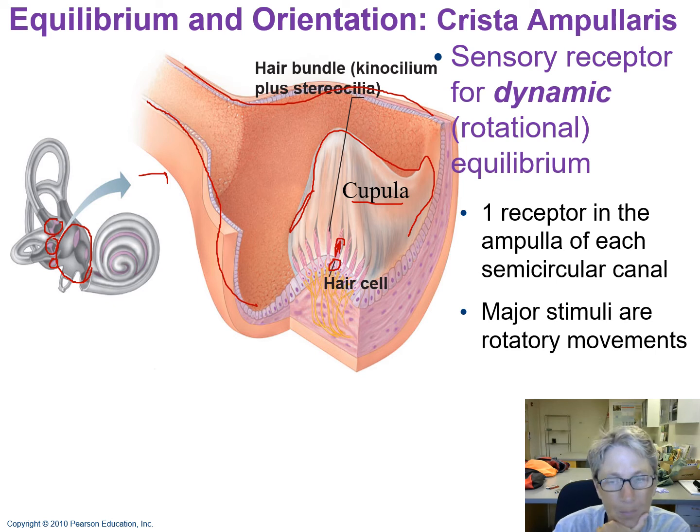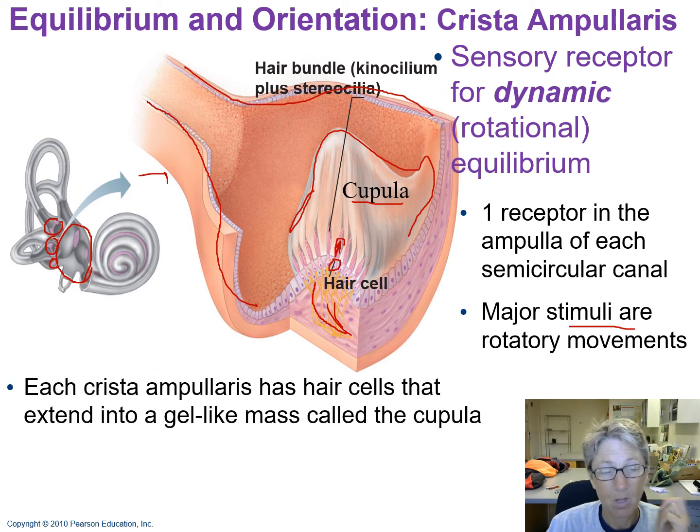There's one receptor in the ampulla of each semicircular canal. So remember, there's anterior, posterior, and lateral semicircular canals. The major stimuli for these hair cells to get excited and excite the vestibular nerve fibers are rotary movements. So that's rotational movements. Every crista ampullaris has the hair cells, stereocilia and